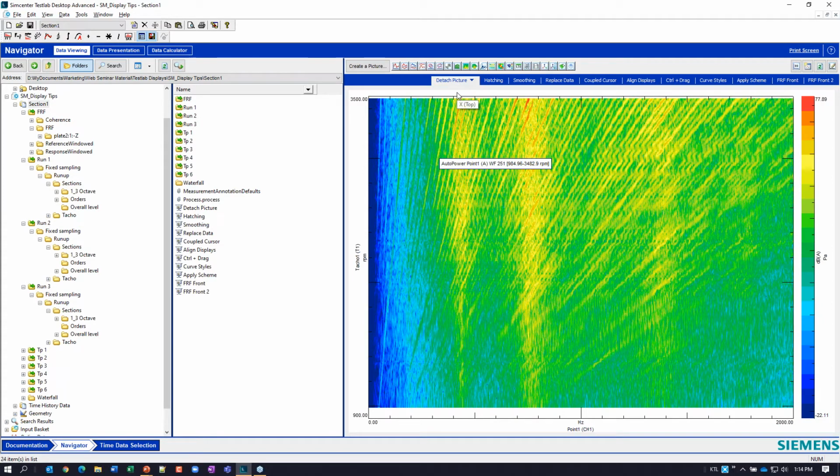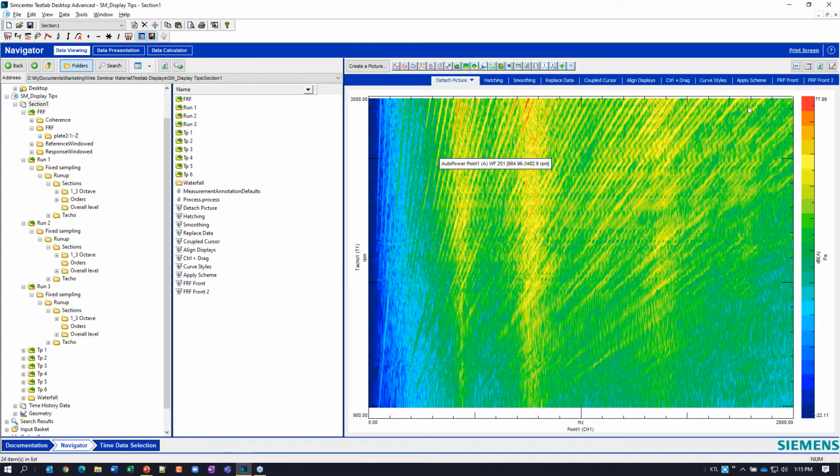So let's say I'm working on an engine or something, and I've measured acoustic pressure versus RPM. So I've got this waterfall plot here, or a color map rather, and I'm looking at that frequency spectrum versus that RPM sweep. I definitely see some interesting things along the orders and things, but I want to take a little bit closer look.